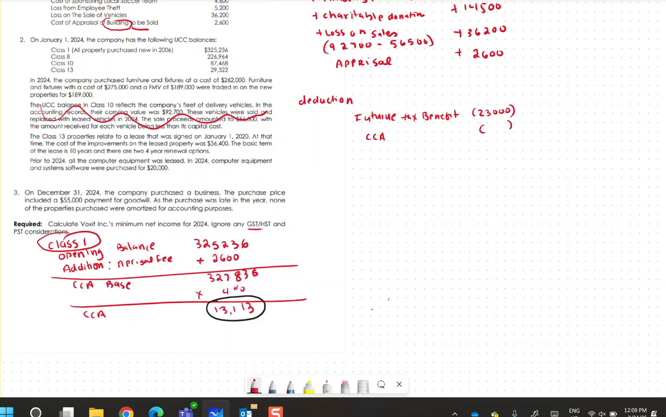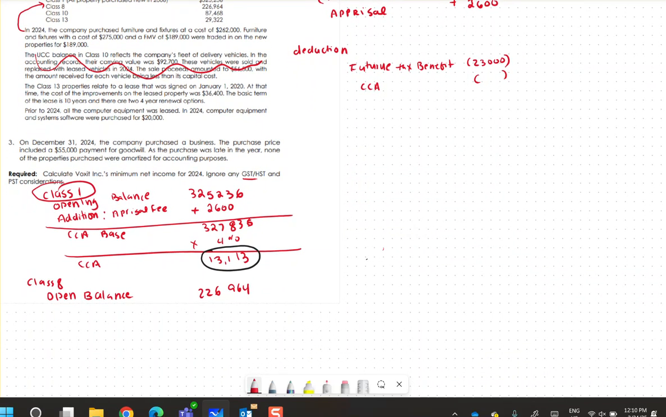Let's go to my next one, and I have class number 8, which is furniture and fixtures. We have the opening balance, and the opening balance that we started off with was 226,964. That's what we started off with. And then what we did is we purchased and we sold. The company purchased, and if it's a purchase, it will be called an addition, and my addition will be